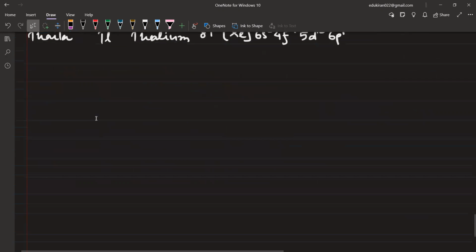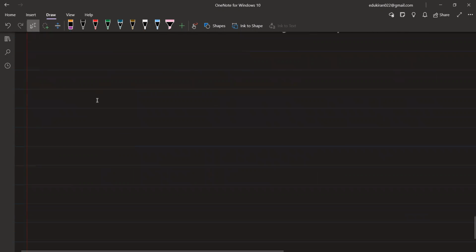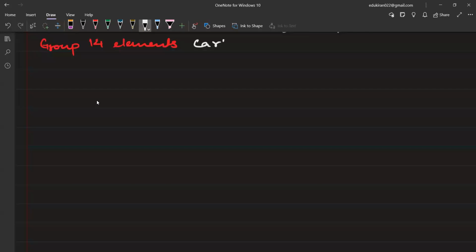Right, next. Group 14 elements. What are the group 14 elements? This is known as the carbon family. Now in the carbon family, you will have